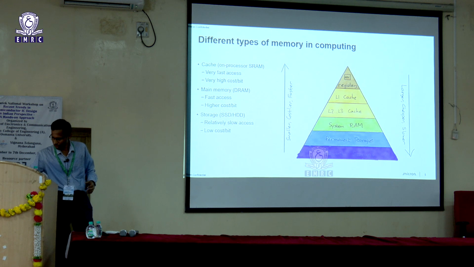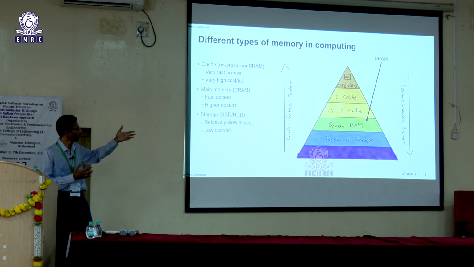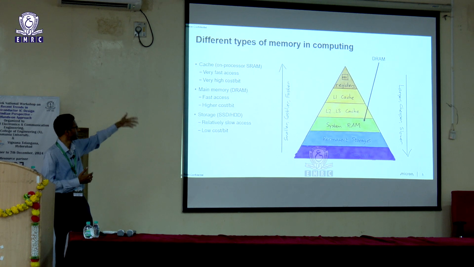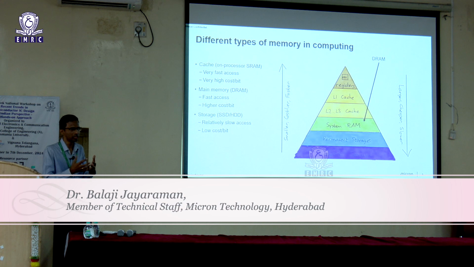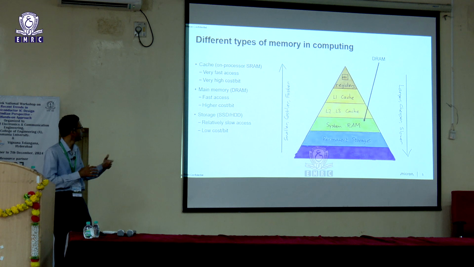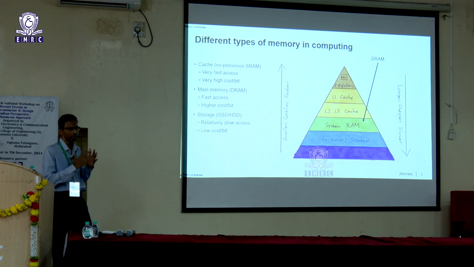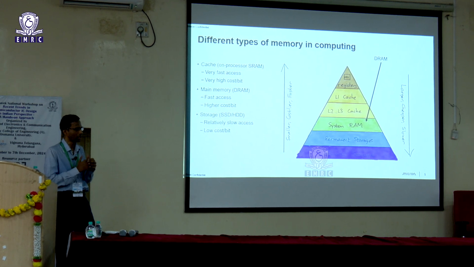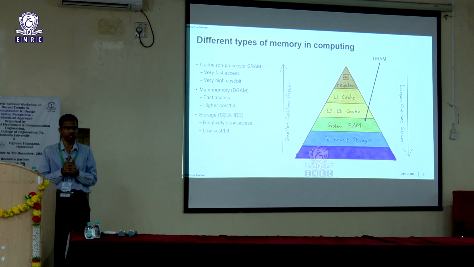So where does DRAM play into this? This is where DRAM sits. That's the system RAM. So it's in between your cache and the permanent storage. If you go down this pyramid, you are going to get cheaper and cheaper, but the processing time or the access time would be on the higher side. But if you go up this pyramid, your dimensions are going to get shrunk, and the processing speed or the access times are going to be much better, much faster, and it's going to be costlier as well.